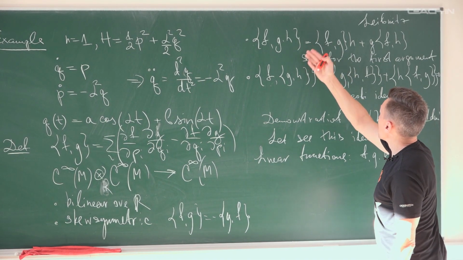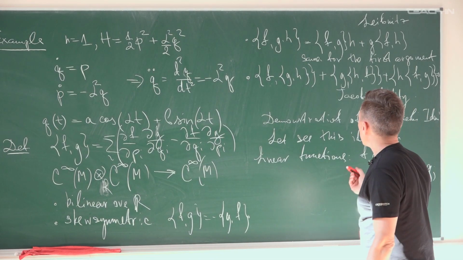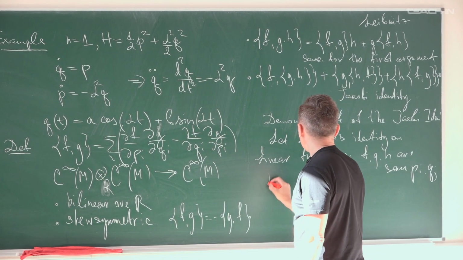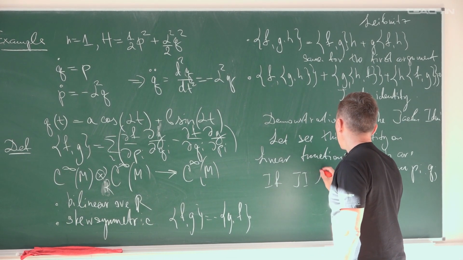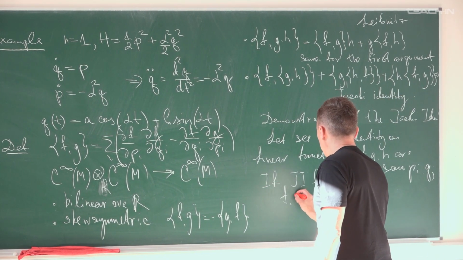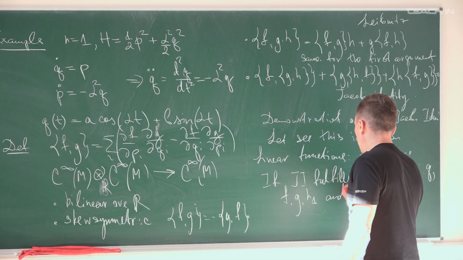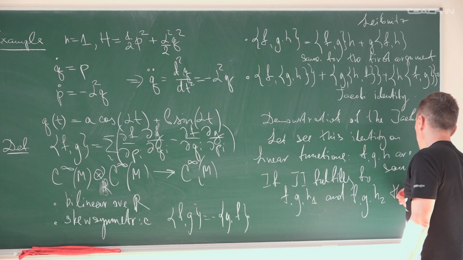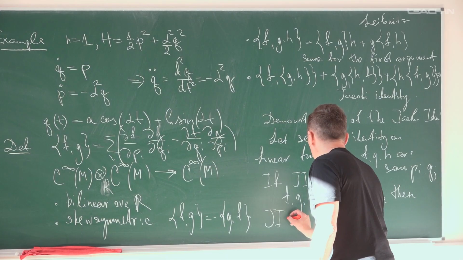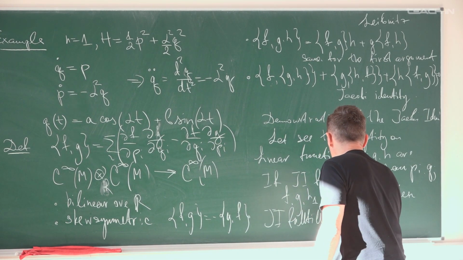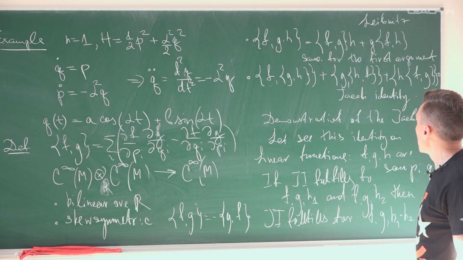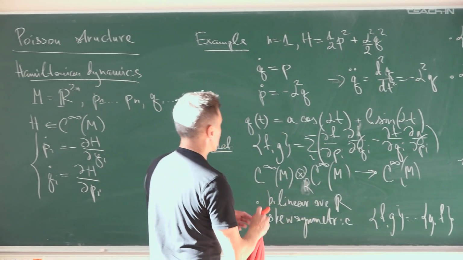But when we should use the Leibniz rule, so if, for example, this is true for functions f, g, h1, that the Jacobi identity is fulfilled for f, g, h1 and f, g and h2, then the same is true for f, g, and h1 multiplied by h2. Why is it true? Because